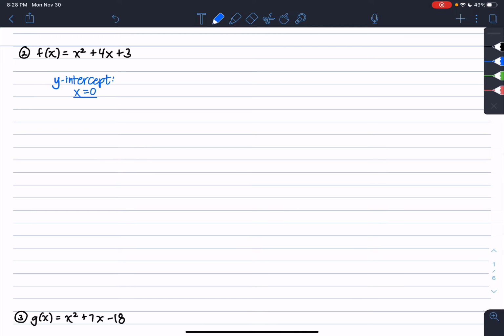So I'm going to get f of x is equal to x squared plus 4x plus 3. I just rewrote it. Now we can plug in 0 for x. So we say we're going to evaluate the function when x is equal to 0, or f of 0 equals,